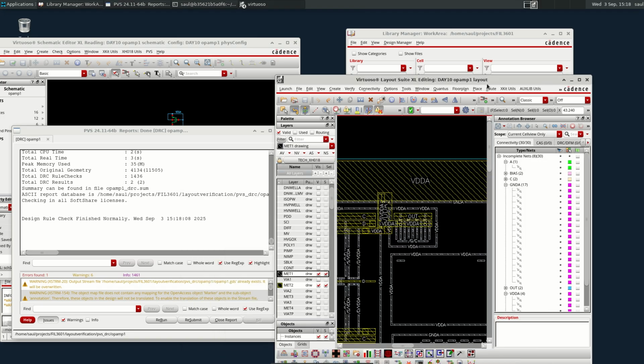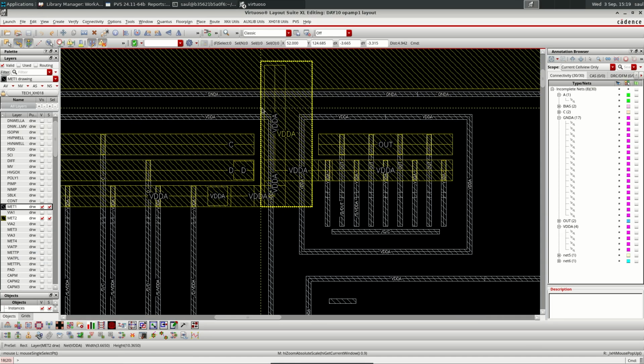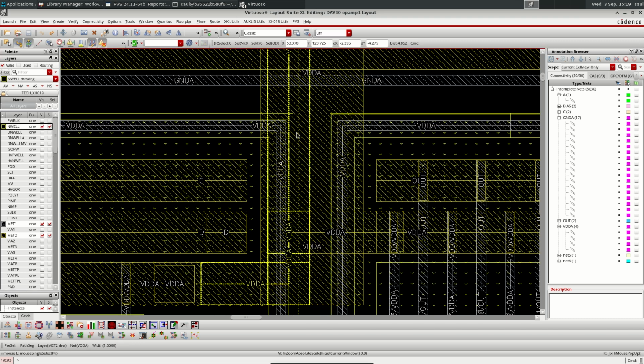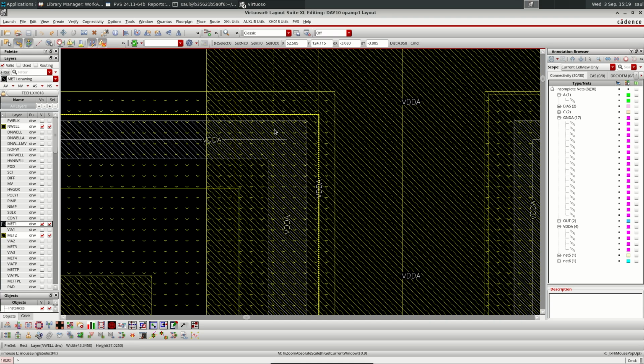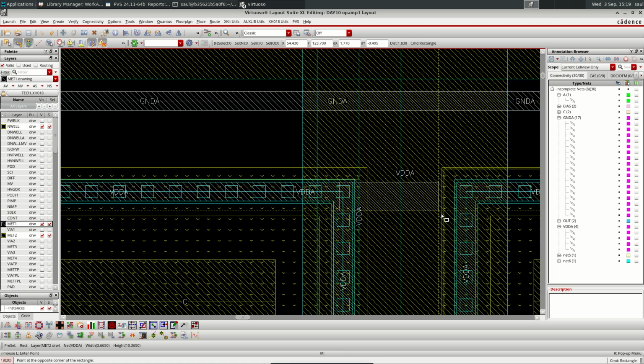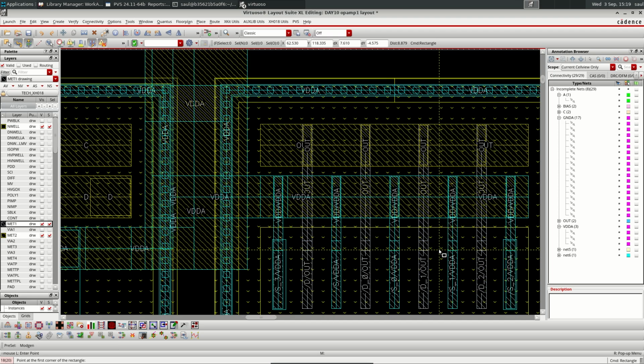Close this one now, so we can fix those very quickly. So the tool is telling me that these N-wells are too close, and it shouldn't be too close if they are connected to different nets, but they are actually the same net as VDD. So to make it explicit, we are going to short circuit these ones. This one be shorted with this one, and that node should disappear. That error should disappear